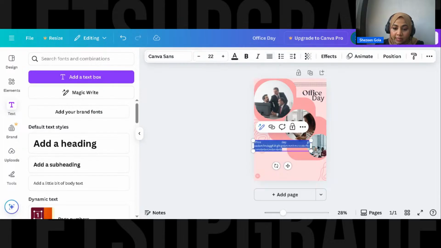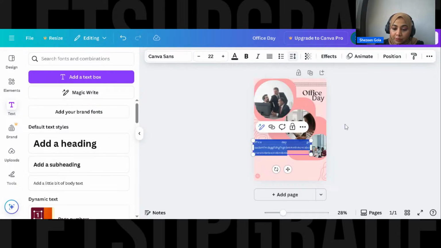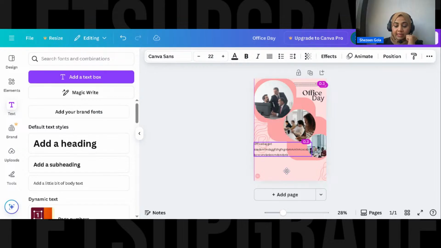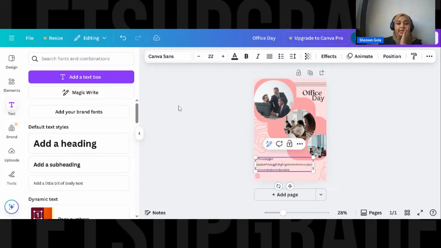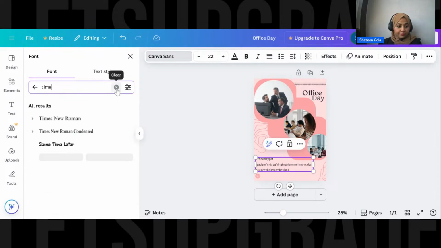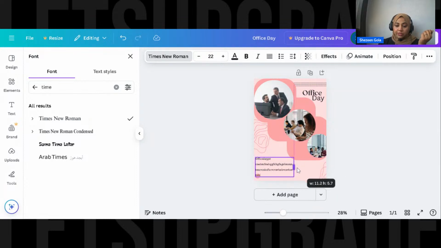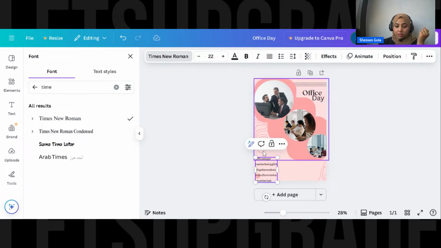Okay, and I can make my spacing however spread the letters I want, the lining I want, how much gap I want. So all this can be arranged here. So it was a very random typo, but you can have anything. So here again we'll change the text, let's take Times New Roman. Okay, you see automatically it's changed here. But now if you don't want it so spread, you can just make it small.